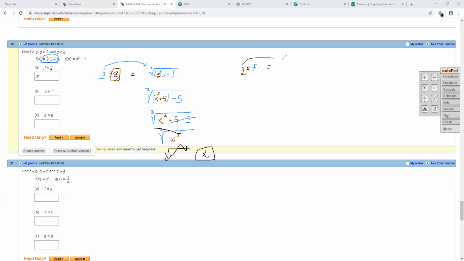So if you follow this, you're going to write g down first. What's g, Griselda? x cubed plus 5. But instead of writing x, you're going to put in whatever function you're supposed to put in, which is f. So if you want to use my suggestion and write this extra step to begin with,